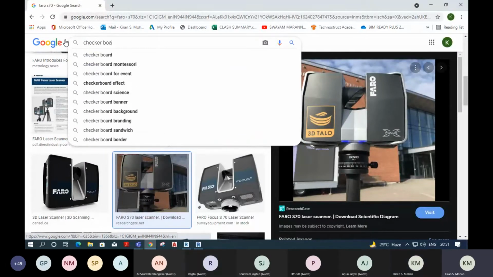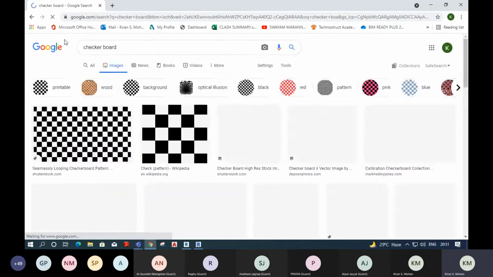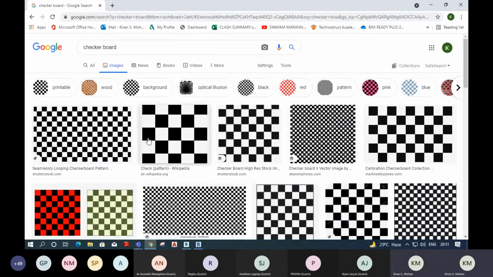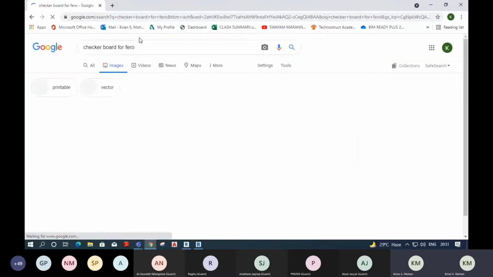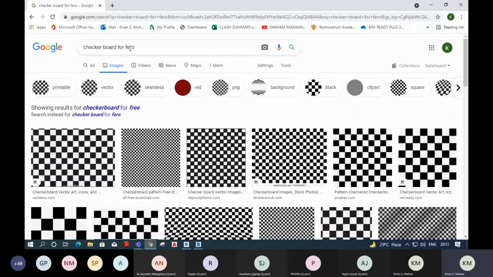Actually, this is called a checkerboard.